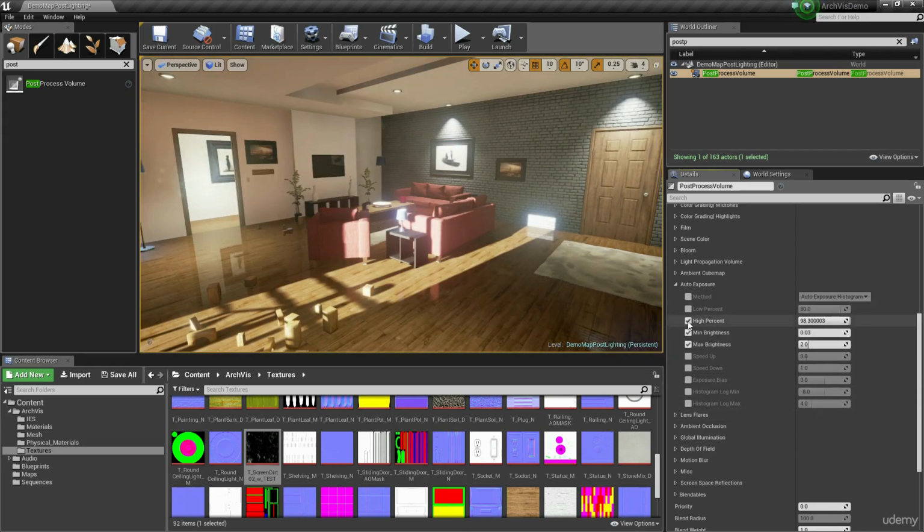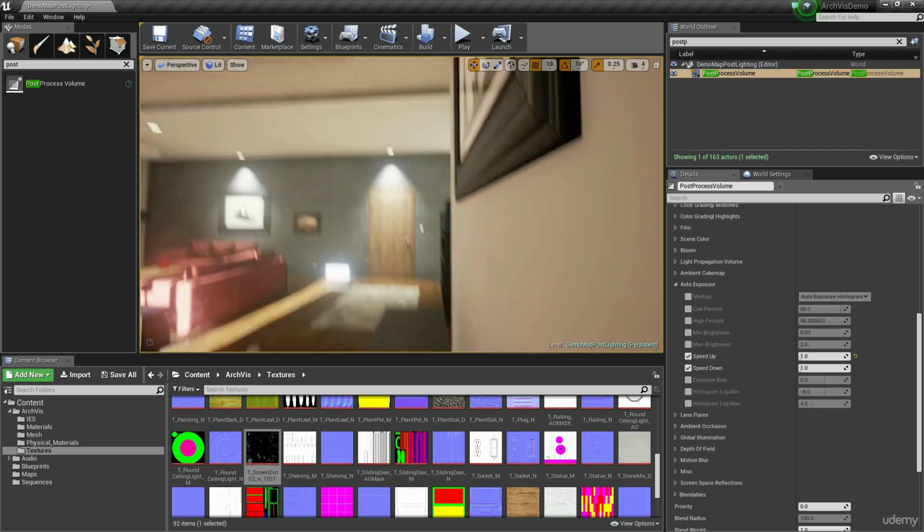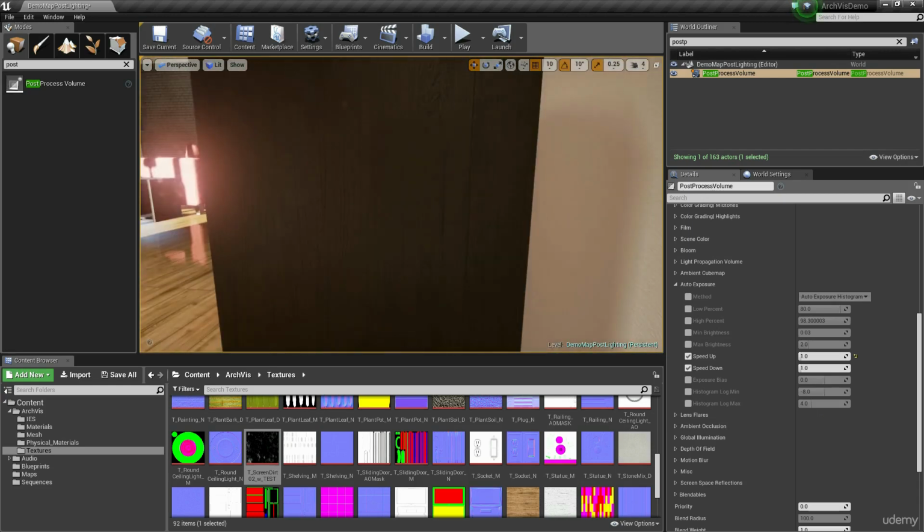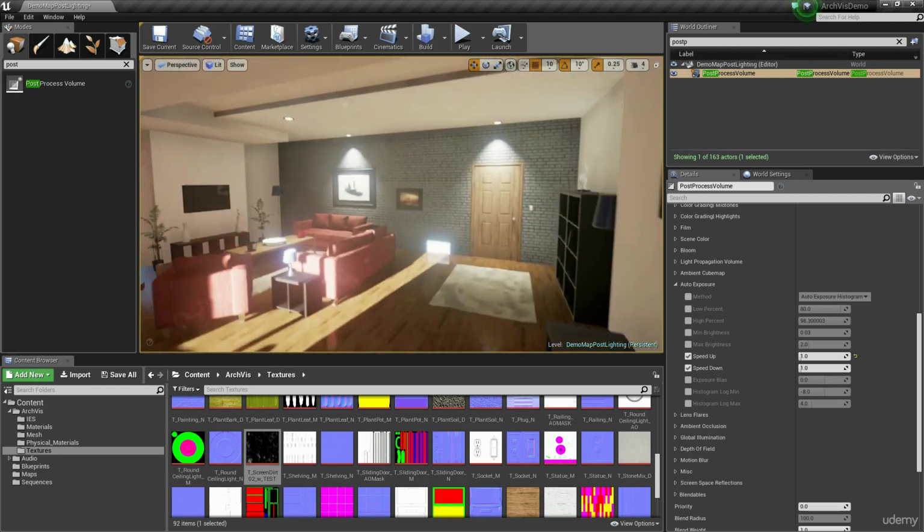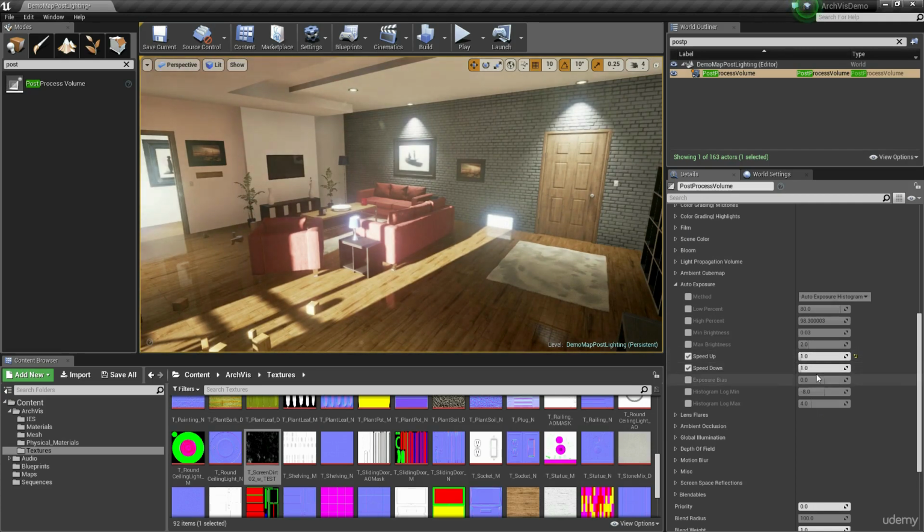The main thing that I do work with is going to be my speed up and my speed down, which controls how quickly it goes from being accustomed to a dark environment to being a bright environment. So these variables can be pretty useful. In this situation though,